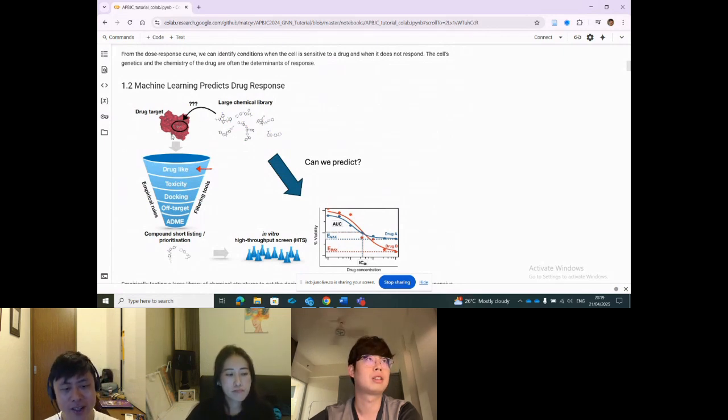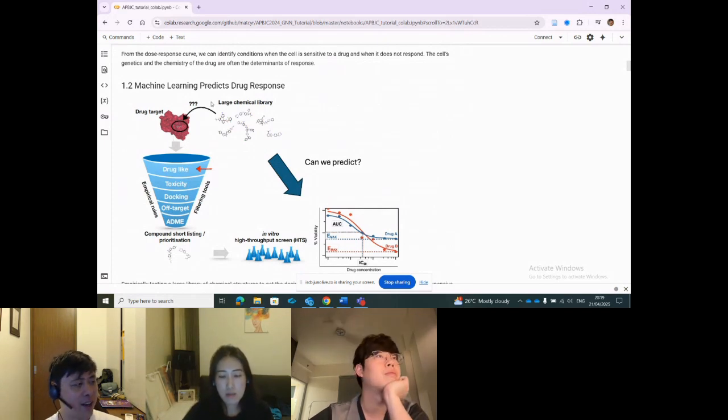A drug target is usually a biological molecule, say a protein, that's involved in driving the disease, right? And so we're asking the question: first, does that compound hit that